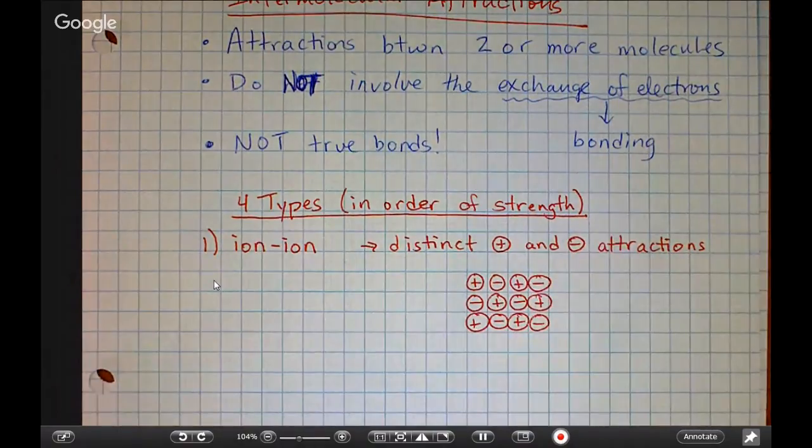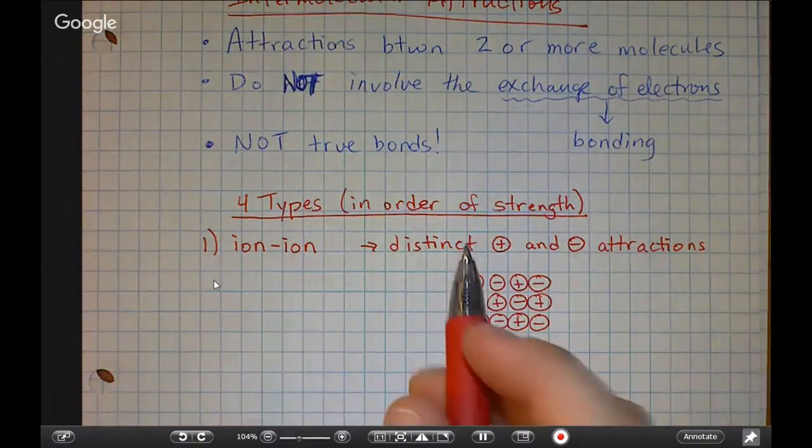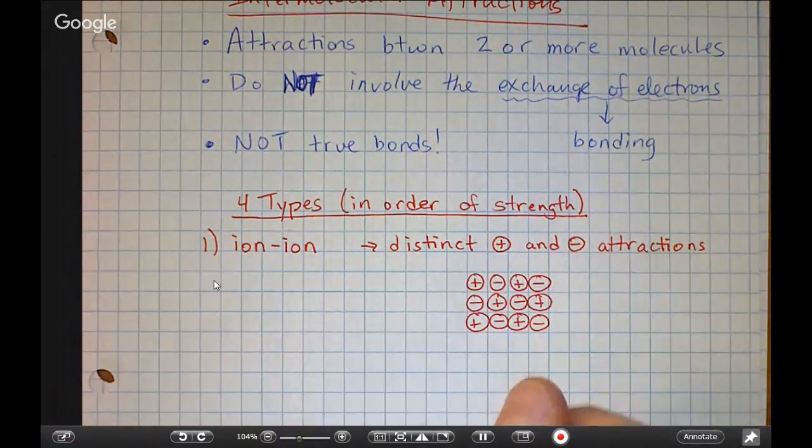Something like this, we have those ions there. Okay, so that's the first type. It is the strongest. Here we're going to introduce